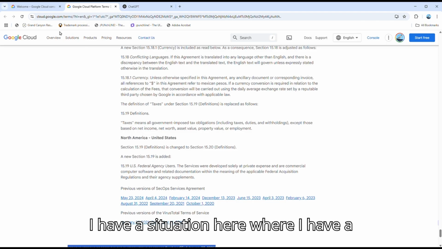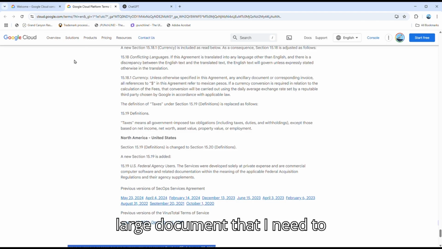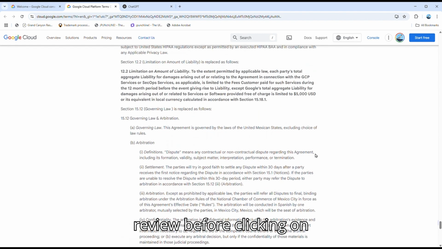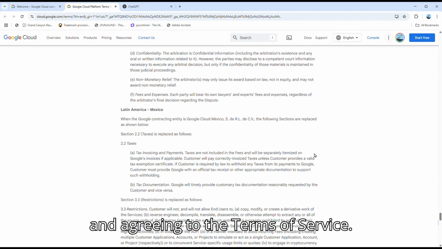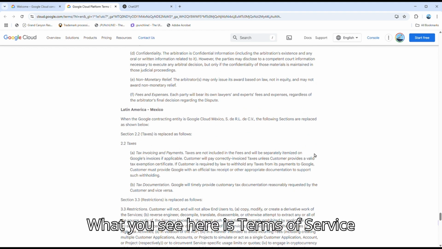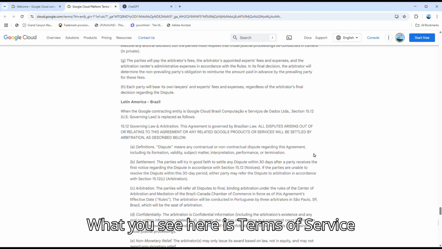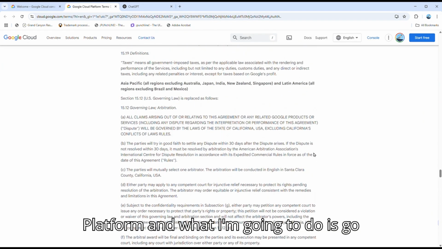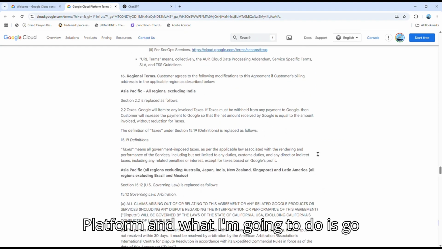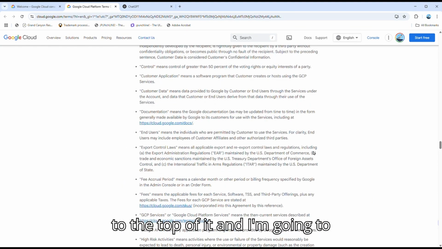I have a situation here where I have a large document that I need to review before clicking on and agreeing to the terms of service. What you see here is the terms of service for Google Cloud Platform. And what I'm going to do is go to the top of it and